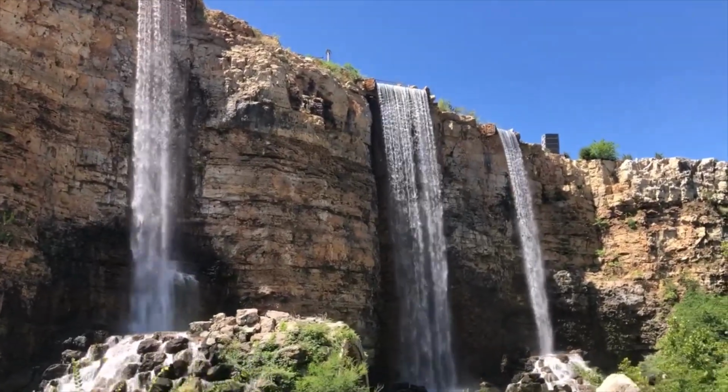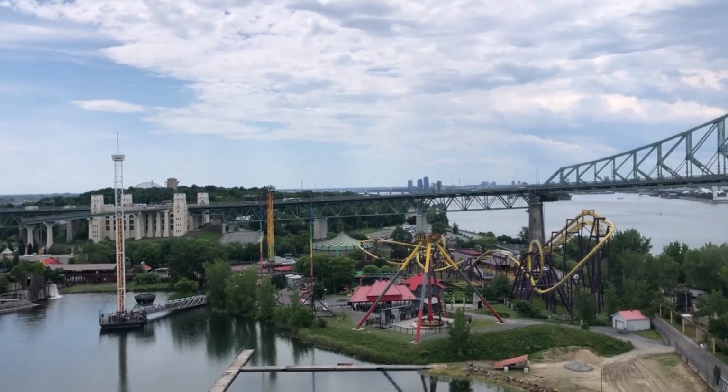Today I'm ranking every Six Flags park except Mexico once again, but this time not based on their rides, entirely